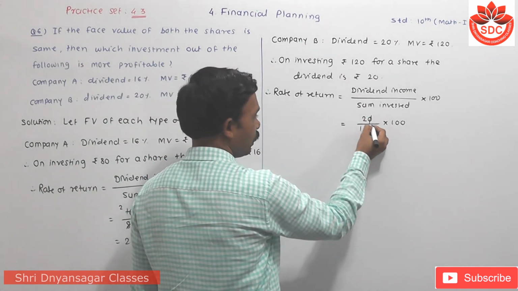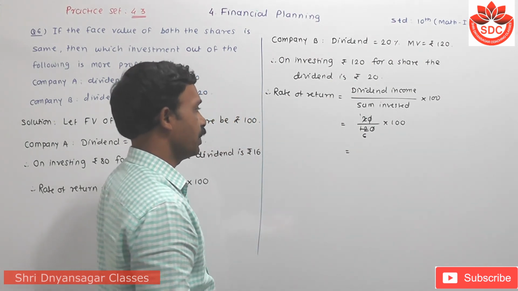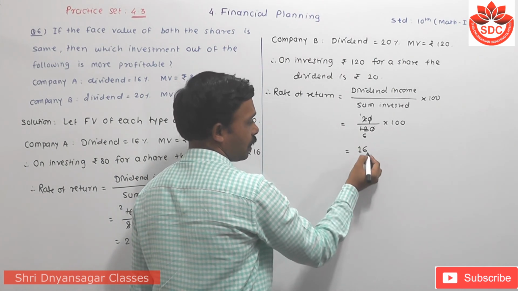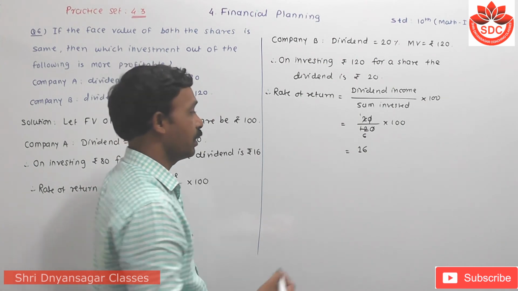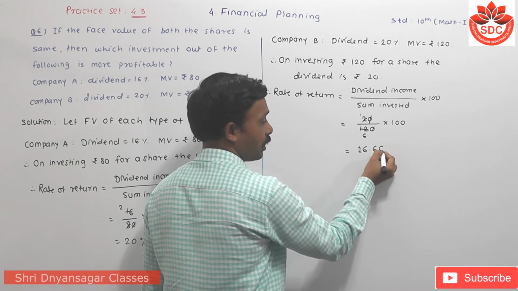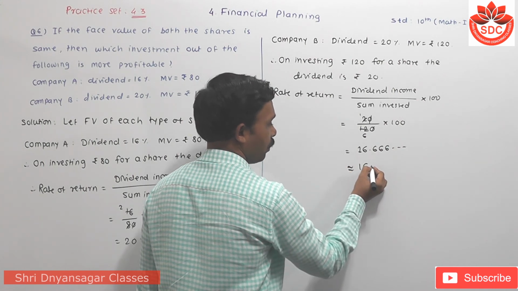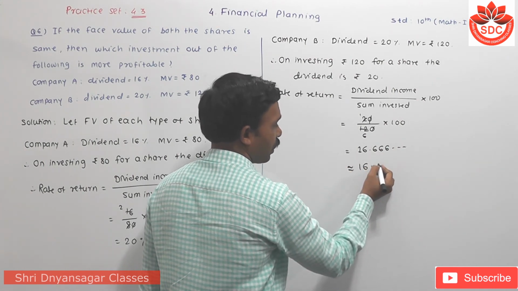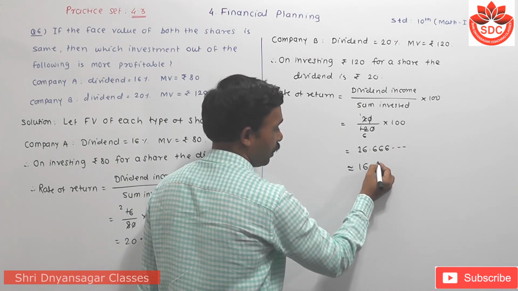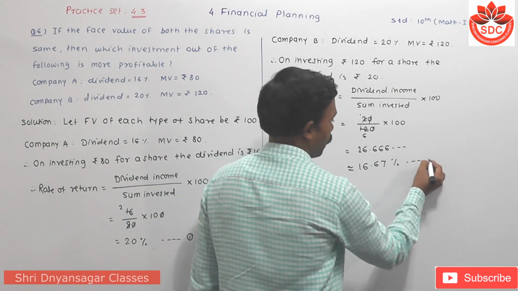Then the 0 gets cancelled, 2 6s are 12, then 6. 100 divided by 6 becomes: 6 1 is 6, carry is 4, becomes 40. 6 6s are 36, carry is again 4, becomes 40, take decimal point, then 6 6s are 36, again and again. Meaning return is nearly equal to 16 point. Here this 6 comes many times and which is greater than 5, so you have to add 1 to its preceding digit, meaning 16.67%. Suppose that this is equation number 2.